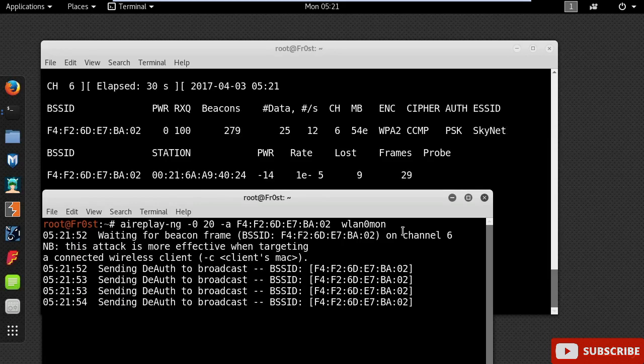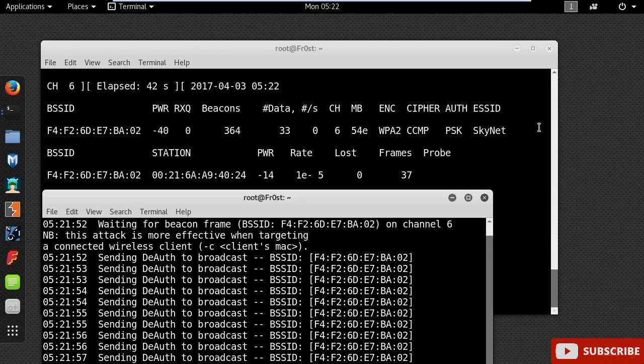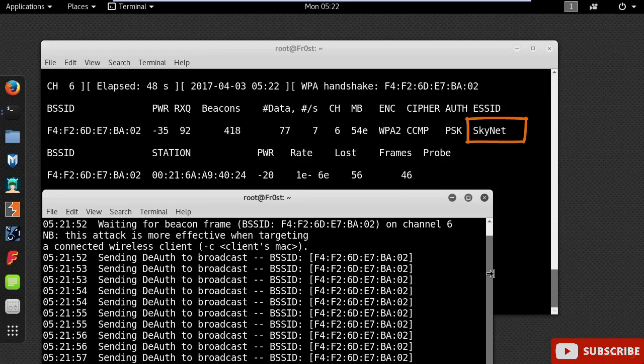Once a client tries to connect to the access point, they exchange probe request and probe response packets. These packets contain the SSID of the access point. As these packets are not encrypted, they can be very easily sniffed from the air, and the SSID can be